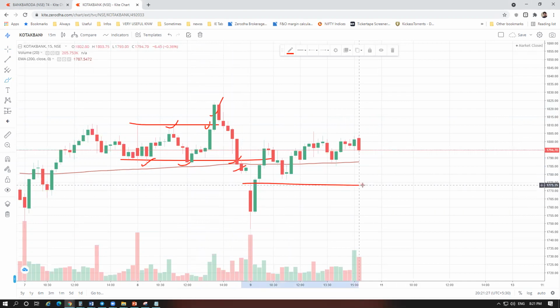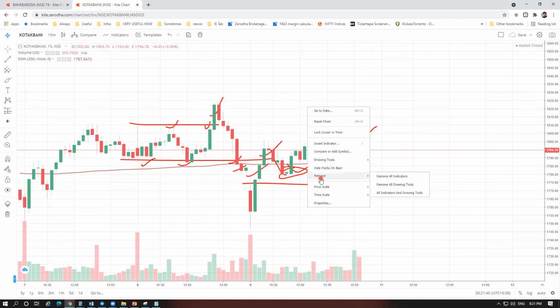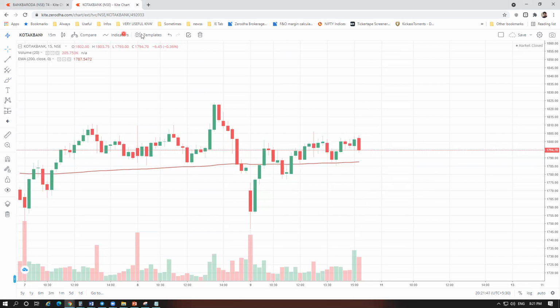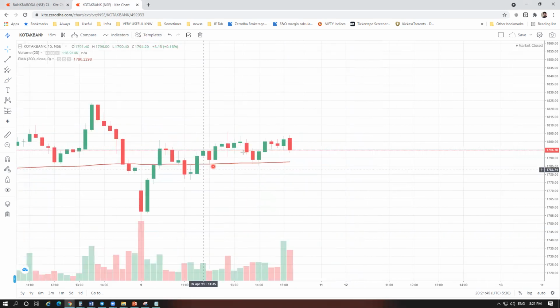So next day I followed my logic and traded on a pullback. I got a 1:1. 25 points is sufficient, almost 1% of the stock. And if I have taken the trade, whether I have to hold further or exit, let's see that also using our second candle, second half logic.